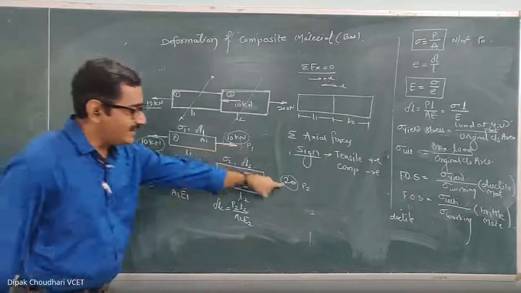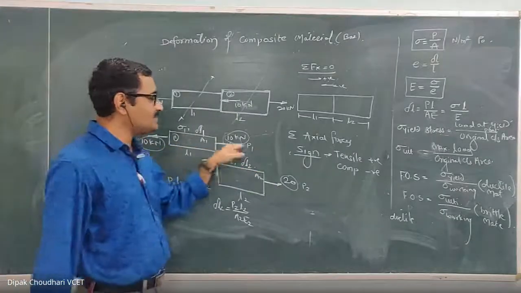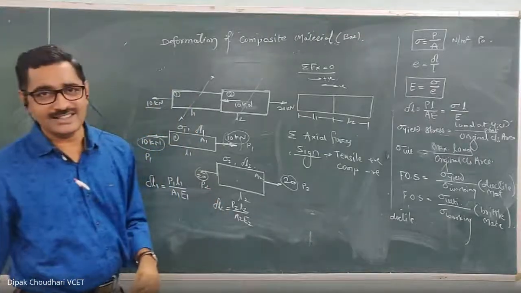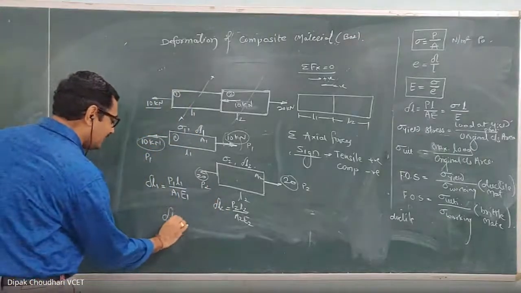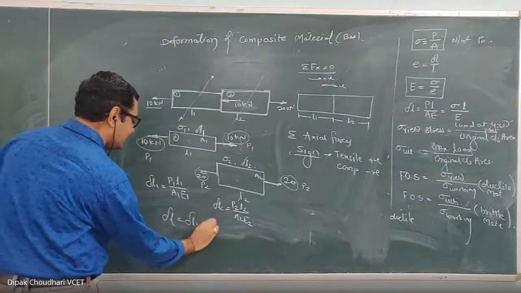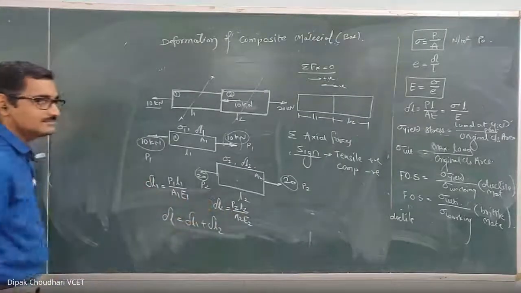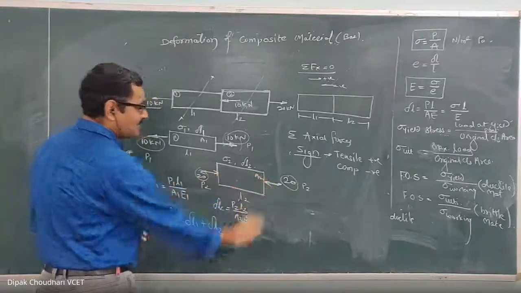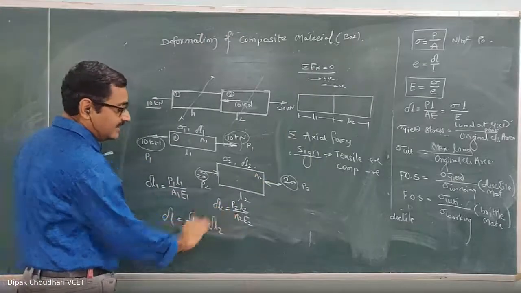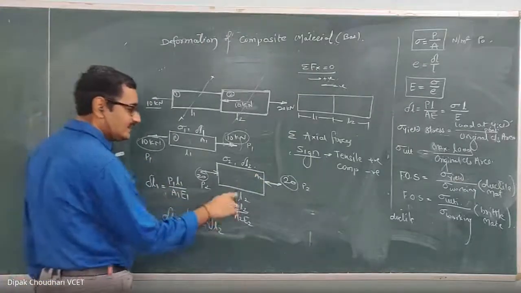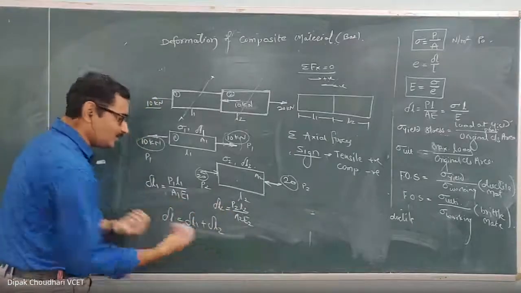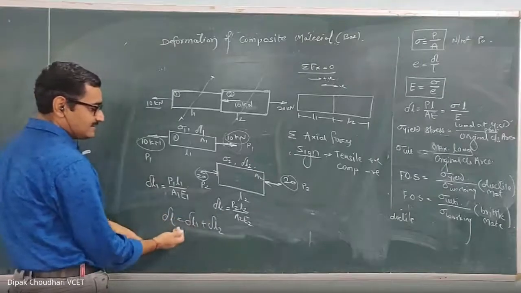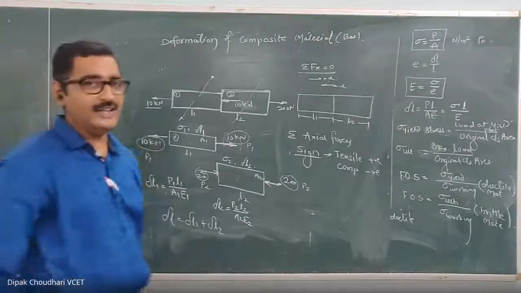Now both are the tensile forces. Both components are subjected to the tensile forces here. So this is also increase in length, this is also increase in length here. So the total deformation delta L equal to delta L1 plus delta L2, summation of these two. Now if suppose this part would have been subjected to the compression, then this will be the decrease in length. This will be the increase in length, this will be decrease in length. Then accordingly you have to take the summation. Then in that case, increase in length you can take plus, decrease in length you can take minus. Here ultimately you will get the total length.